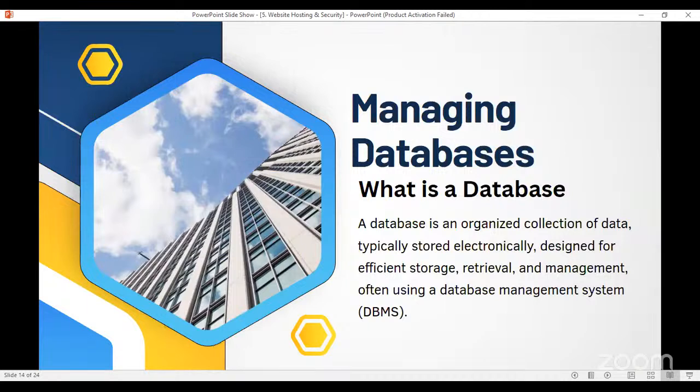Managing databases. First, let us ask, what is a database? A database is an organized collection of data typically stored electronically. It is designed for efficient storage, retrieval, and management. It is often used with a database management system, also known as a DBMS. An example of a DBMS is MySQL,